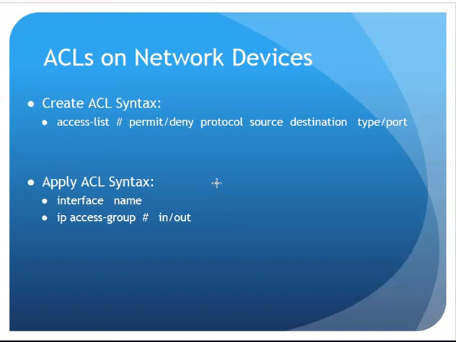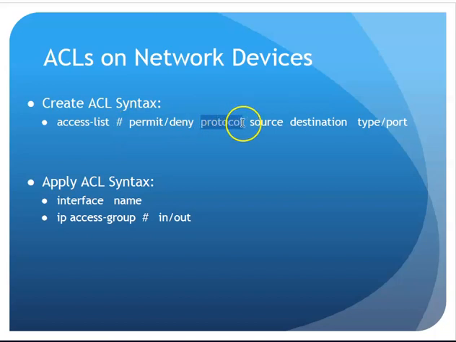Here is the syntax. I use the access-list command followed by a number. Any rules for that filter list would have the same number, 102, 102, 102, so all those rules are kept together. When I write a new access list, I would use a new number, 103, keep all those together and so forth. I then use the permit or deny command,